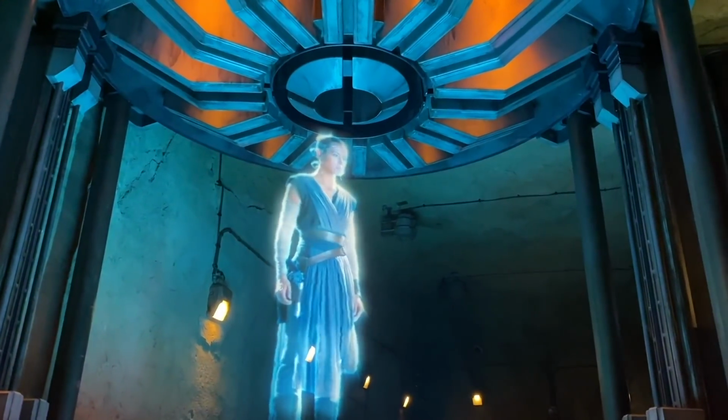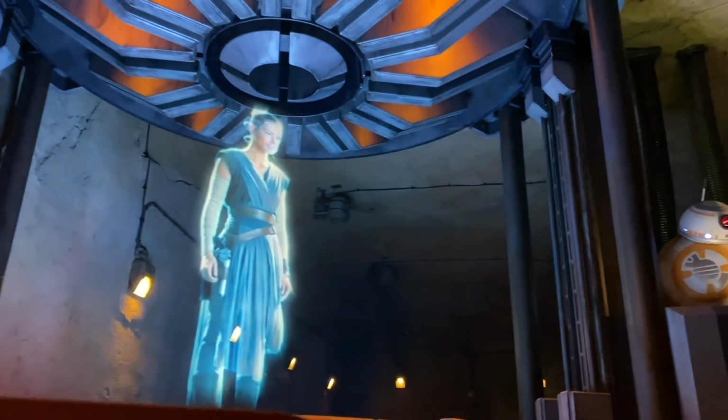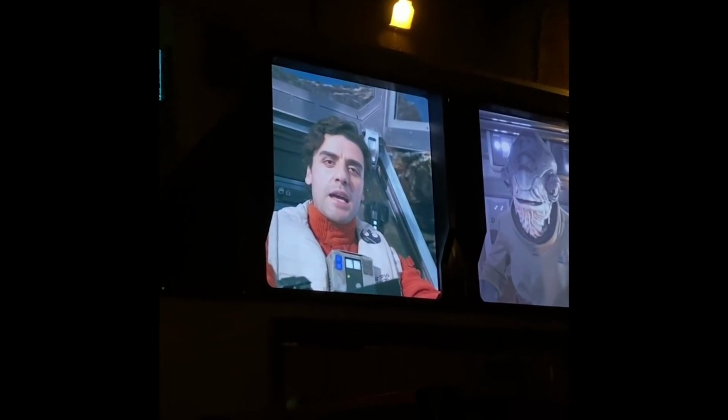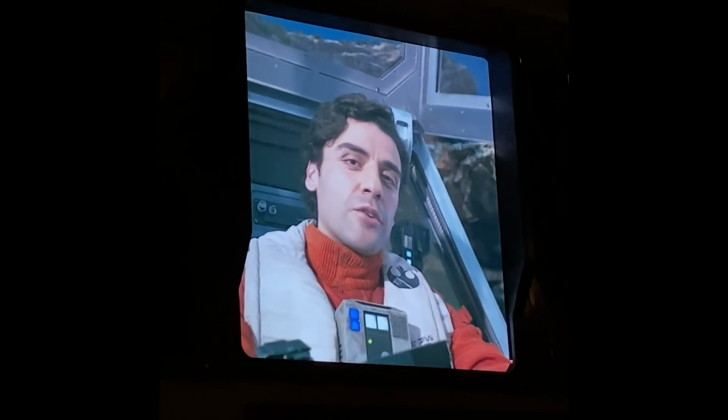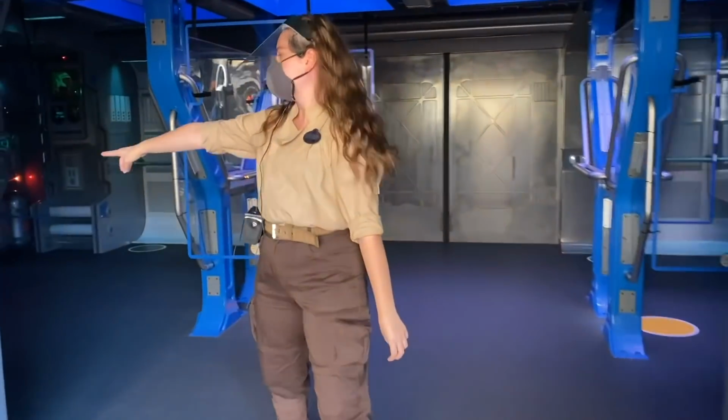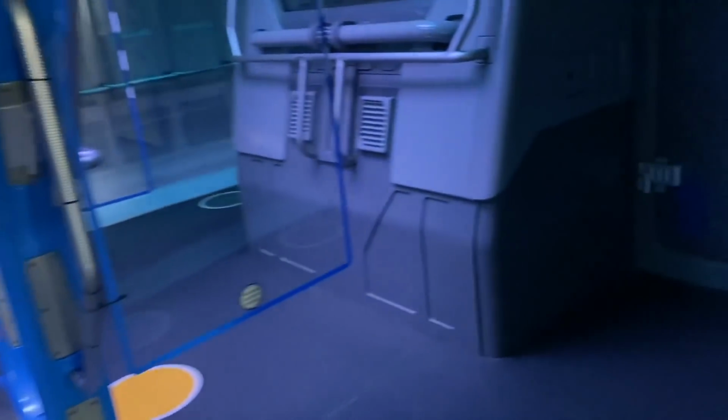BB-8, is everyone assembled? Good. Shouldn't you be in flight prep? Roger, this is Black Leader. I hear you're a fine-looking group of recruits. Well, no time to waste. Let's get you on your way to the General. Can I have you guys right here on this inside? So you're going to be over there on that inside. Hi, next group. I'm getting high reading on the